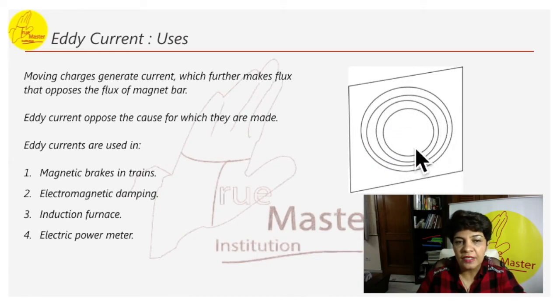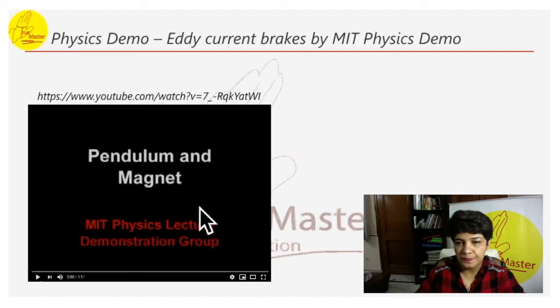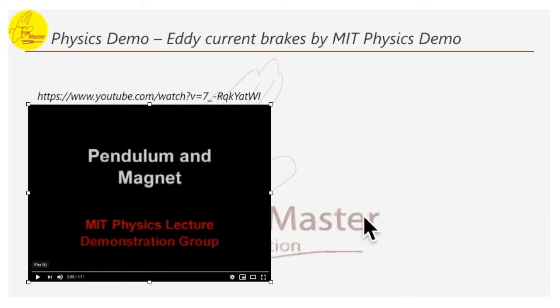So these currents look like eddies. Hence we call them eddy currents. This is how it looks. Let me show you a video first, and then I will take you down to the experiment of the same pendulum in the form of a copper plate. Just a second. Let me go down first. Okay, let's view this first. Why it's important and how.